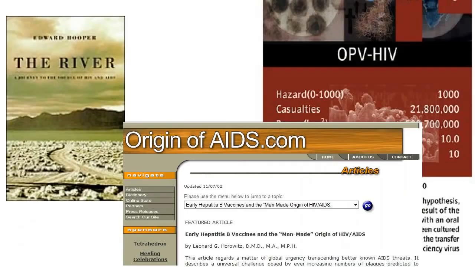The other origin rumors that are very prevalent are the man-made pandemic theories. For example, the oral poliovirus vaccine transmission theory, which has no basis in fact, but it satisfies the need some people have for a good narrative, with a shadowy evil agency acting behind the scenes. The OPV hypothesis, advanced by BBC correspondent Edward Hooper and documented in his book The River, suggests that an SIV-contaminated chimpanzee culture was used to prepare the oral polio vaccine given in the late 50s and early 60s.